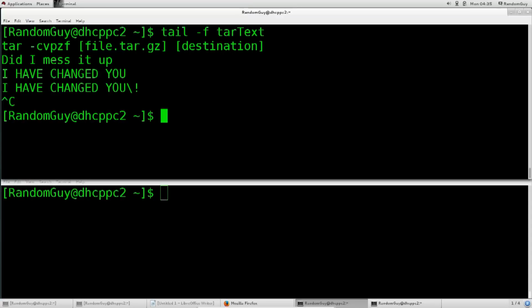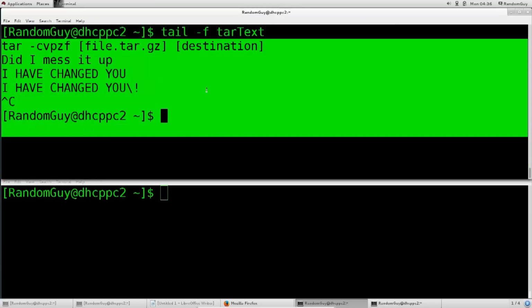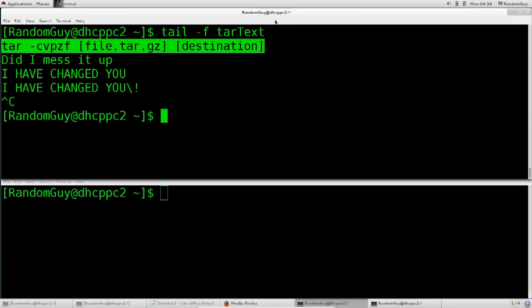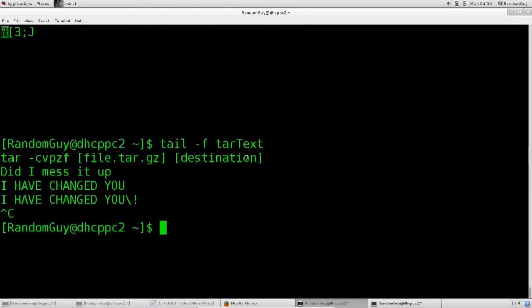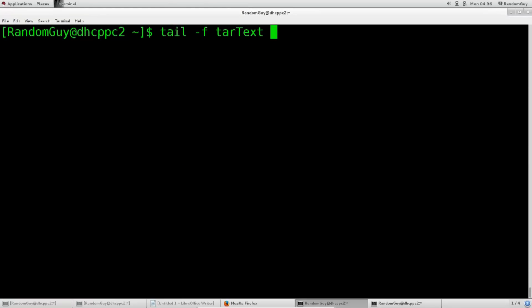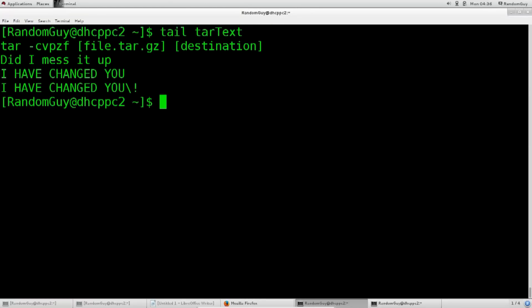So now that we have that out of the way, let us go ahead and examine this tar file. Let's maximize the screen. Delete the F because we don't need the live monitoring. Now I have the file modified, but guess what? We can combine what we have learned from the previous tutorials.